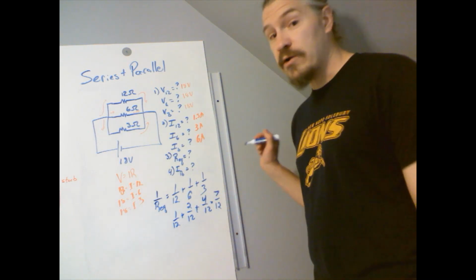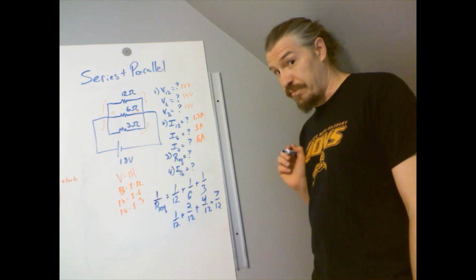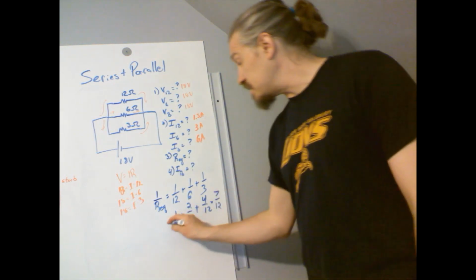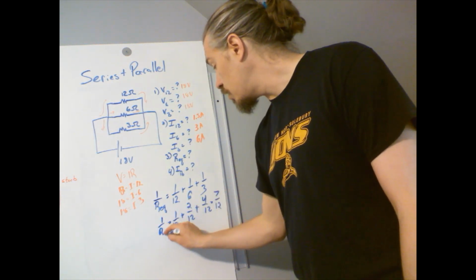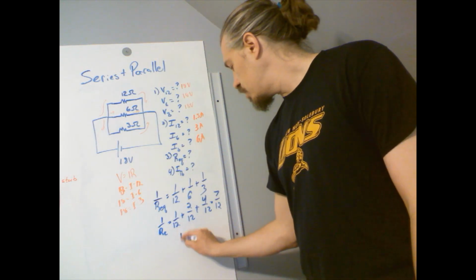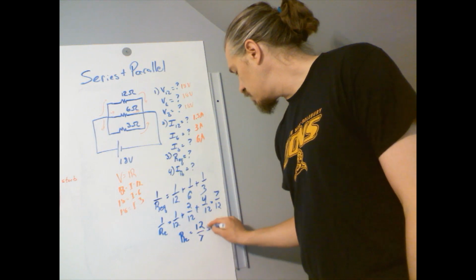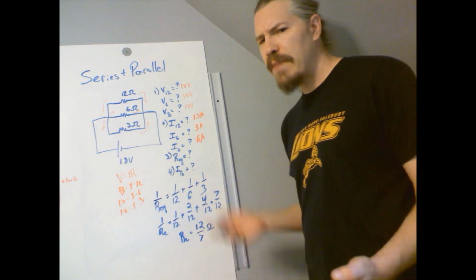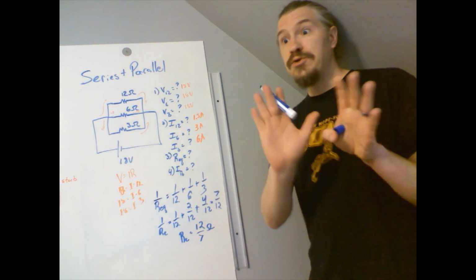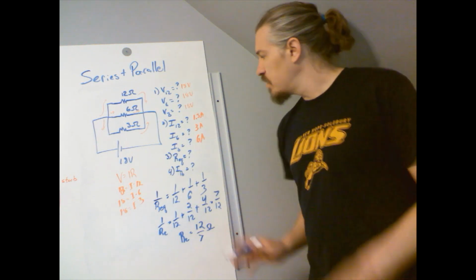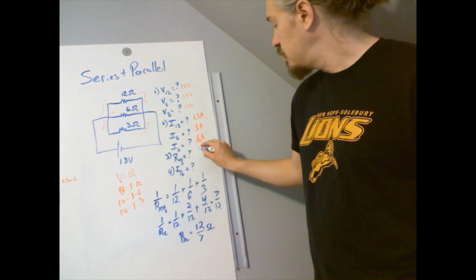Does that mean my equivalent resistor is 7/12 of an ohm? No, because that's equal to 1 over R_eq. The equivalent resistor is 12/7 of an ohm, or about 1.7-ish. Don't round yet, because we still got to talk about